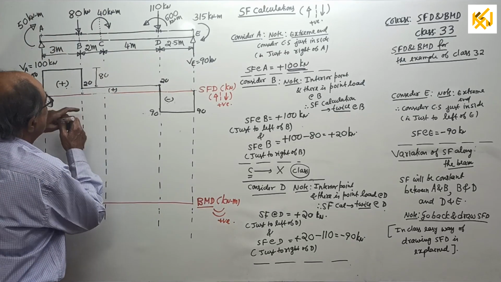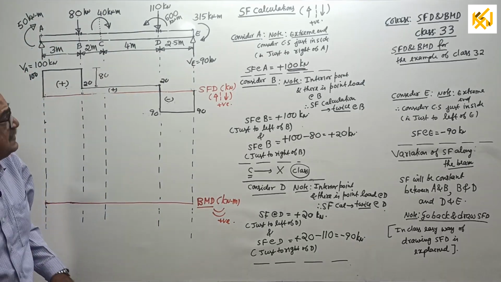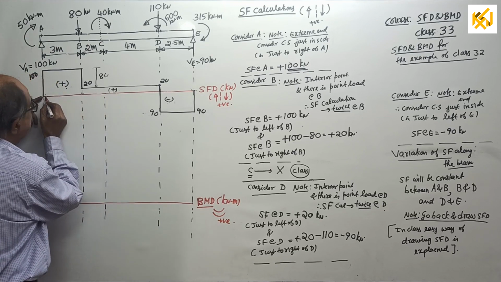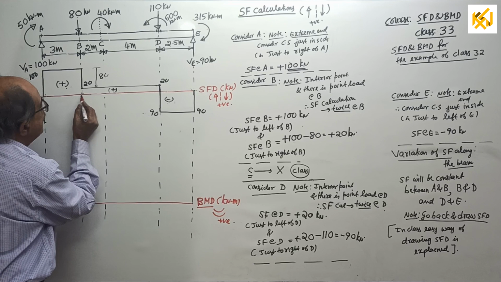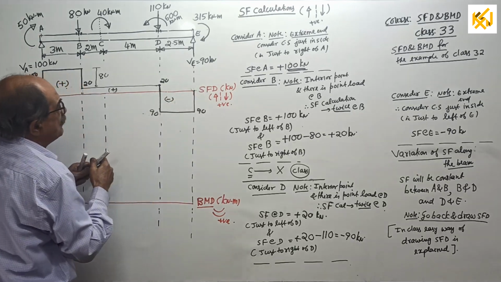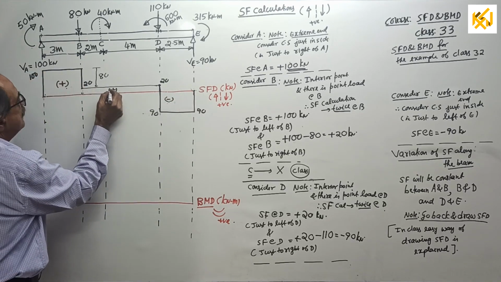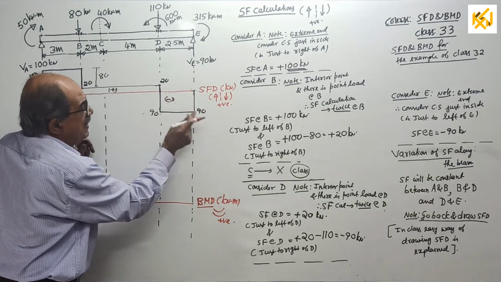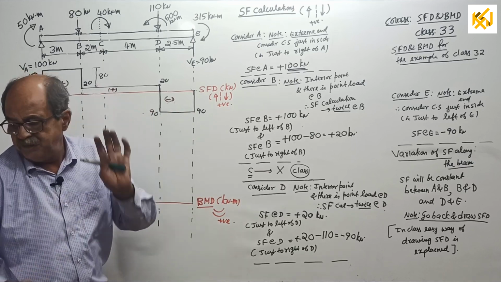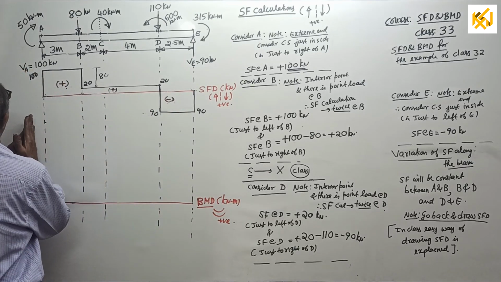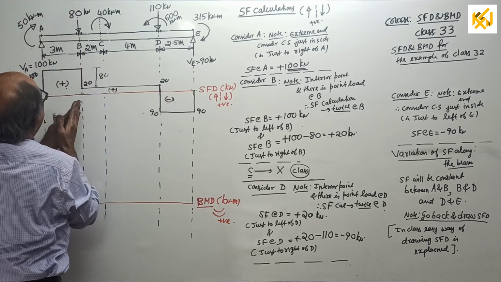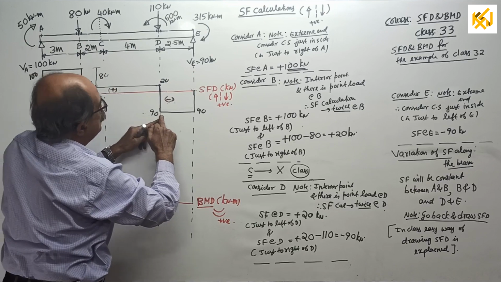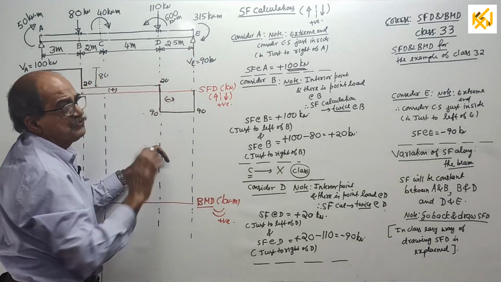So this will give the SFD. Due to some reason, the baseline, because of touching here, faded. I will make the baseline here. I draw freehand lines, so never comment. Little zigzag is there. SFD. And one more thing, see, this is plus and minus, and never write minus 90 here. So lastly for you: up 100, down 80, still above 20, no load, down 110, 90 below, no load, 90 up, diagram closes.